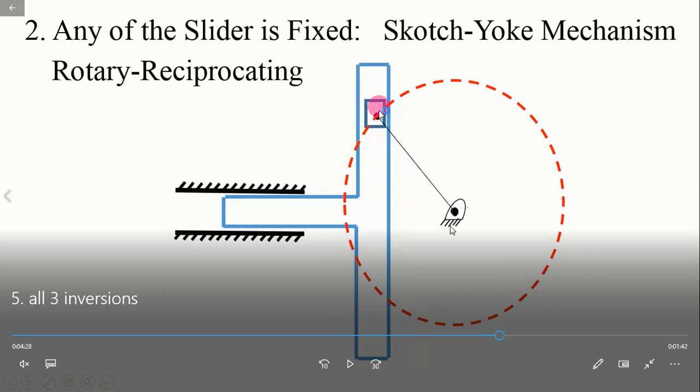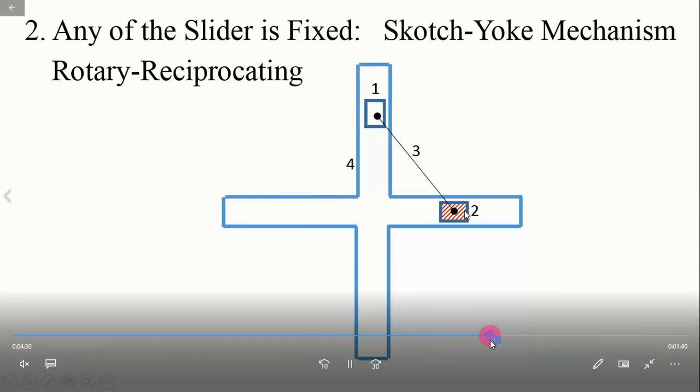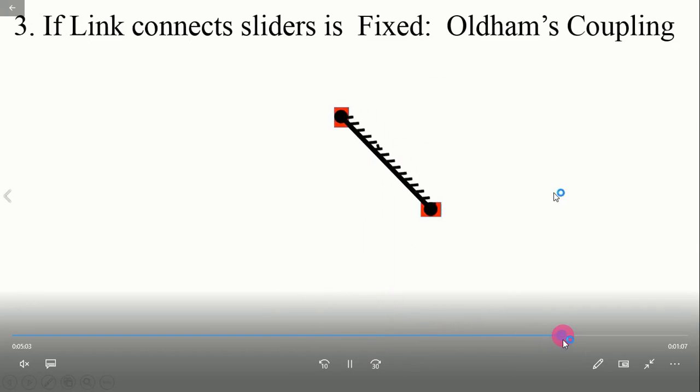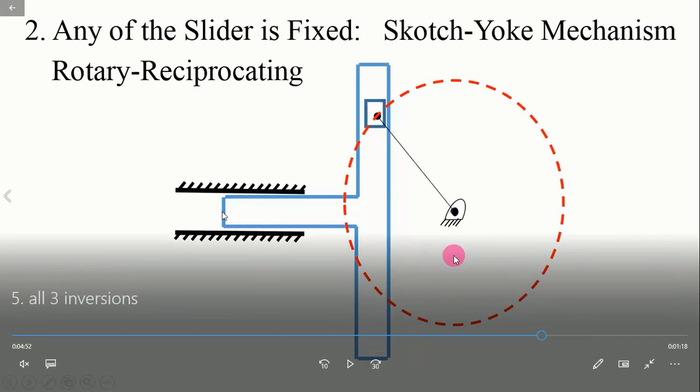It will pull the slider also, so that a slider will move up and down. As the slider moves up and down, this slotted bar also starts reciprocating from left to right and right to left. Okay, so that is the modification. You can see once again, instead of fixing the slotted bar, if you are fixing a slider, the slider is fixed. Out of those two sliders, one slider is fixed. Only one will be reciprocating. So that input is rotary and the output is reciprocating. Okay, so that is the one I want to clarify.